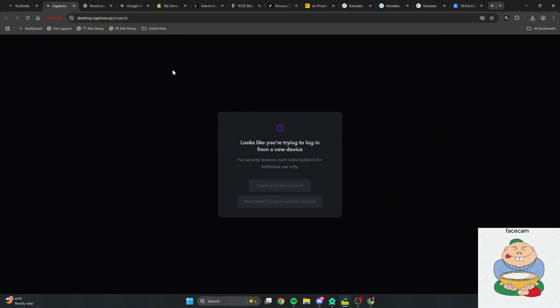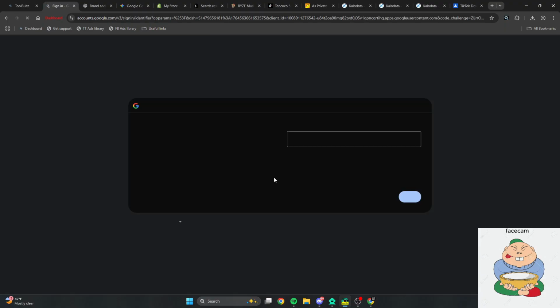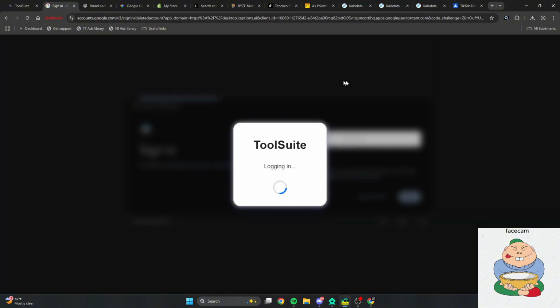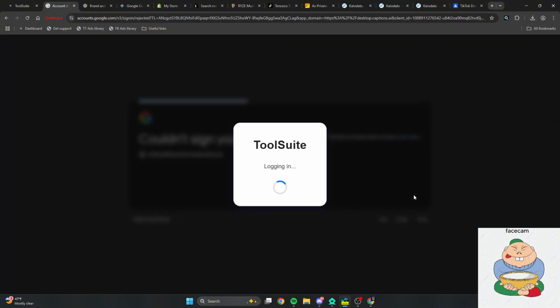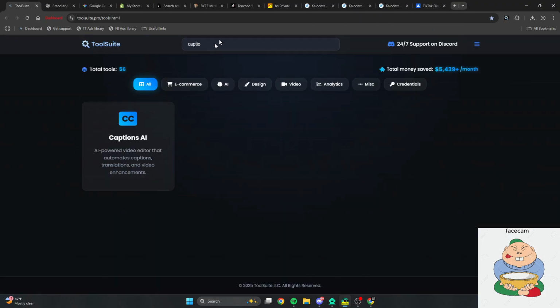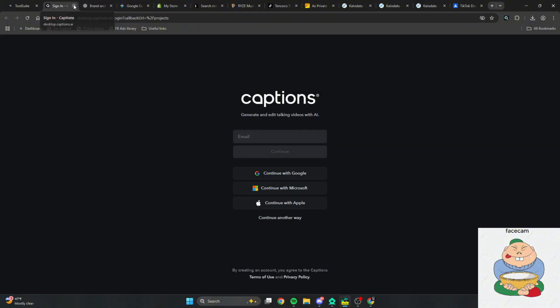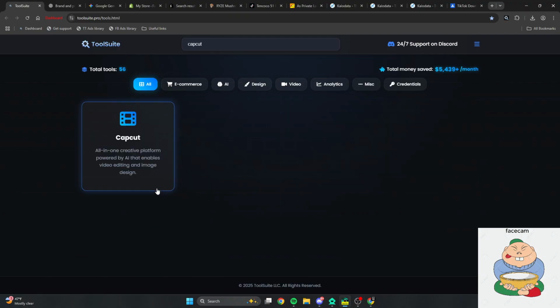Okay, why is it not working? Should work. Yep, Tool Suite's going to log us in. Oh, you're kidding me, bro. This actually killed my flow. Alright, we're going to go to CapCut.